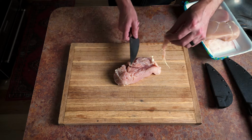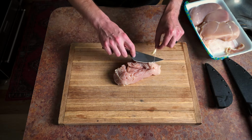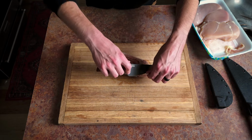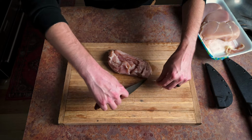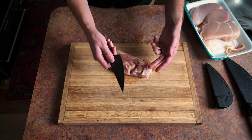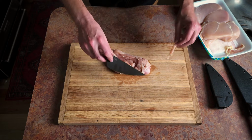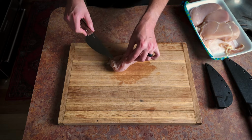Not so much actually chicken, pork though, for sure in stores, it's just really nasty. But what I'll do here is I'll just go ahead and trim off all this fat. That way we don't have to deal with that while we're eating it. And this blade does a really good job of that. Again, this blade edge is so thin that it just slices right through anything that it touches. So getting fat off of pieces of meat is always good with this